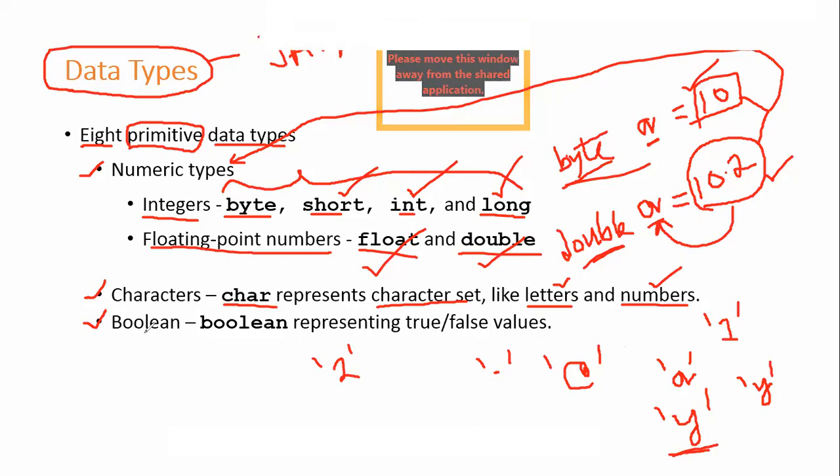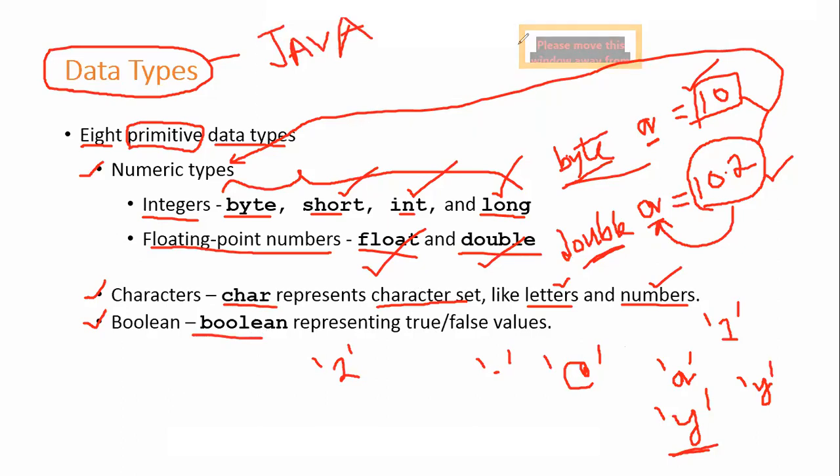And next, let us move to Boolean. So what is this Boolean? See, Boolean also is very, very important. Boolean is a data type which you can find in Java. Suppose the value of a variable is true, or the value of a variable is false, in such a case, we are going to make that variable type Boolean.